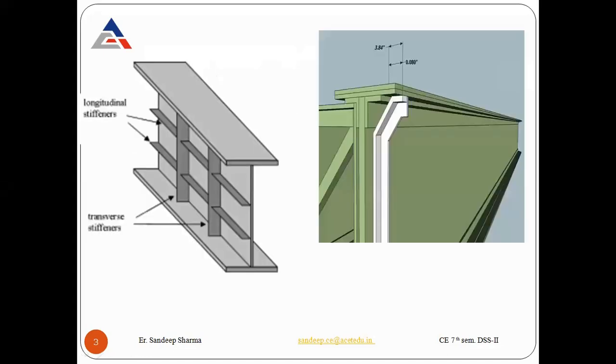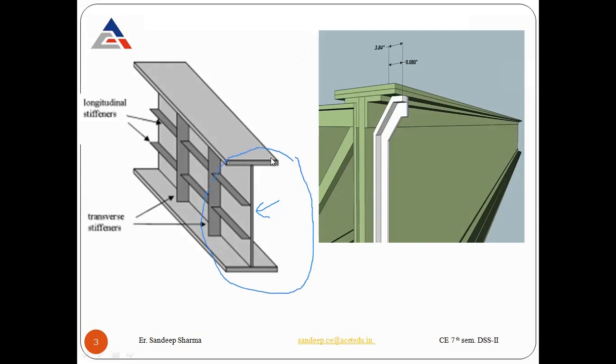In this picture you can see the section in the form of a girder, like an I section. In DSS 1, we just selected the whole I section from the steel table, as per the area required and against the load, and then used it in the design. Similarly here, we have to design this whole section.